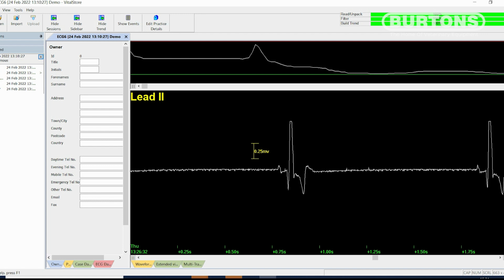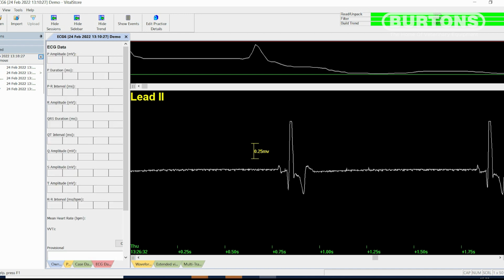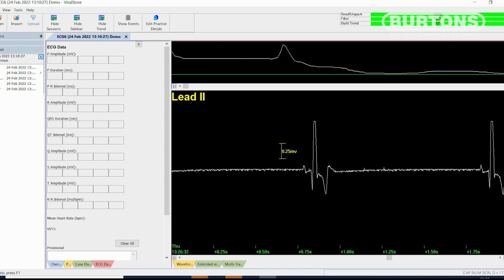So what might I want to do? Well, I think one of the things I might want to do is to measure some things like RR interval or P wave height or P wave duration. And this is very simply achieved by clicking here on the ECG data tab. Brings up another window, and I'm just going to make that a little bit more visible by bringing this across here. So I have a number of boxes, the first one being P amplitude. So let's click on P amplitude, and that turns yellow to indicate that we're making a measurement into that cell